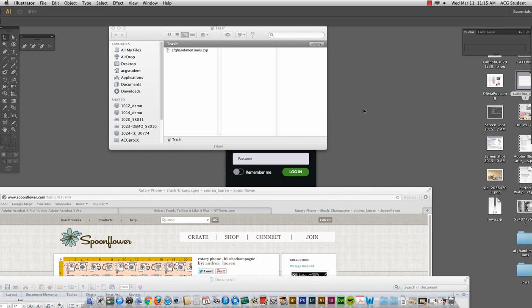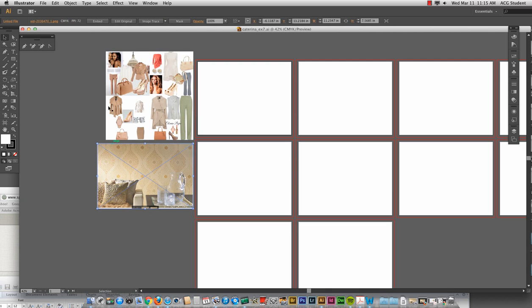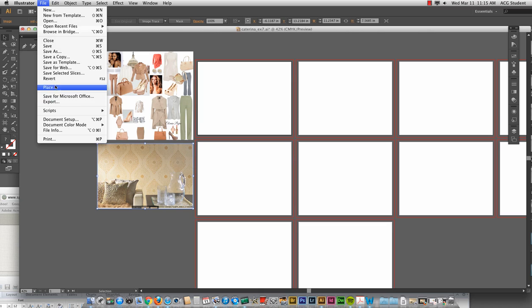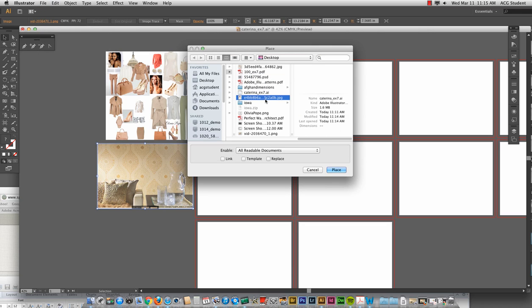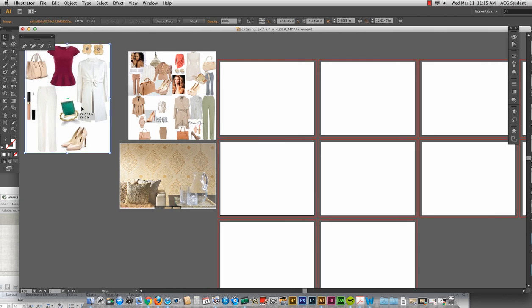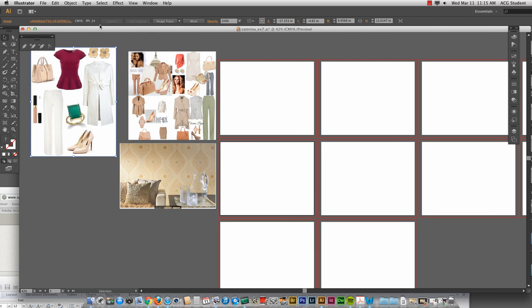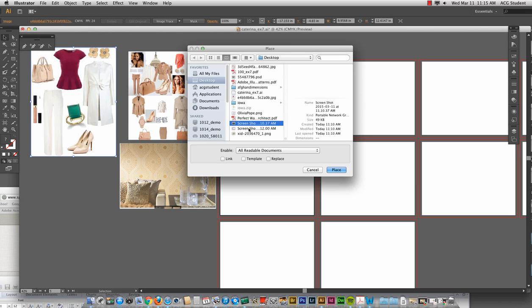Sometimes I will make a layer with all of my inspiration on it, and that's what I'm going to do. So I'm going to put my layer over here. I'm going to grab this guy, embed it, file place, more. Ooh, I think she does love Marcella. Let's put that over here. Let's make it a little bigger. The embed is grayed out. We're good. File place. I think that was it for her.